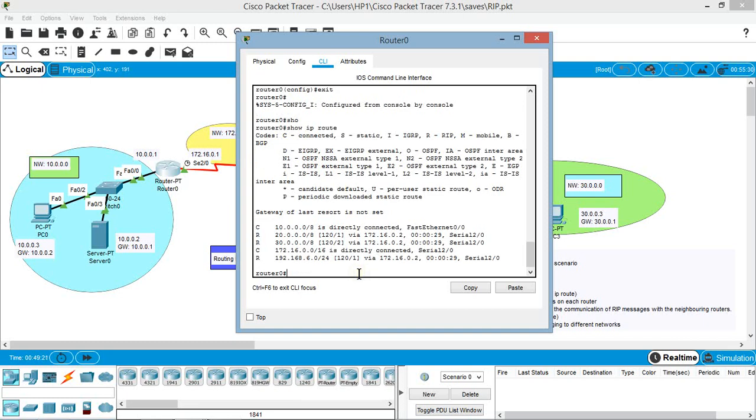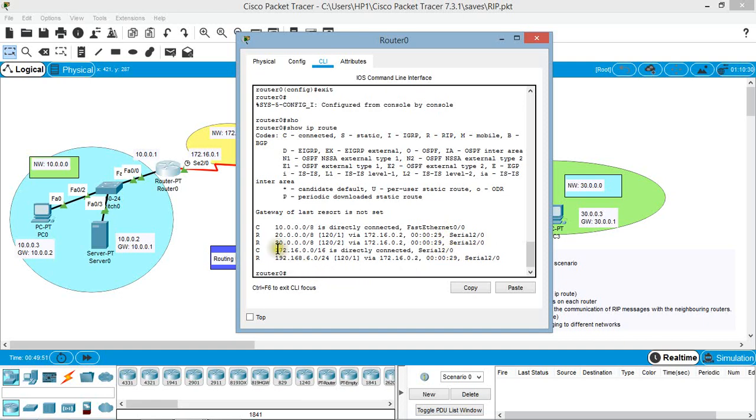I'll read only one entry from here. This router 0 can reach the 30.0.0.0 network with an administrative distance of 120 and a hop count of 2 via 172.16.0.2 and via serial interface 2/0. And these updates are sent every 30 seconds. You can see here 29 is written. The update timer is used here, which is 30 seconds.